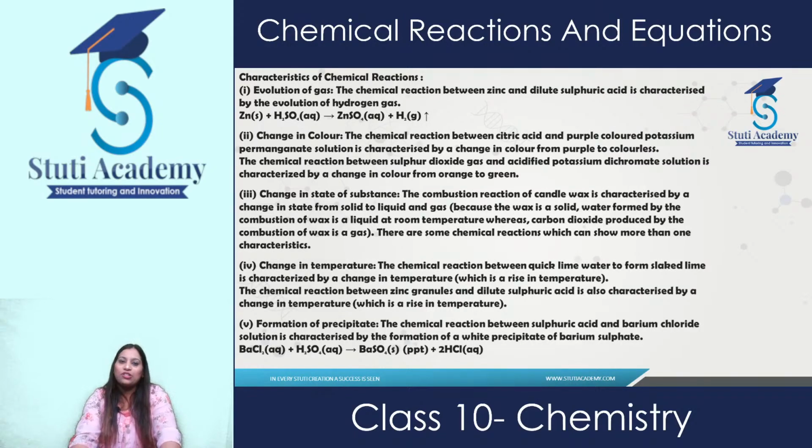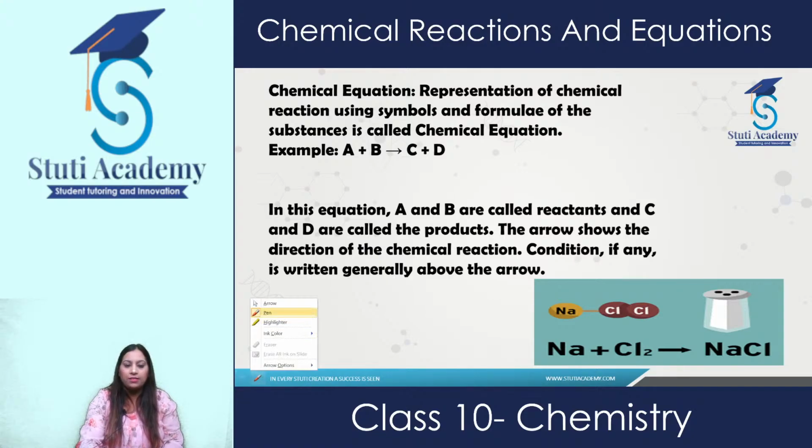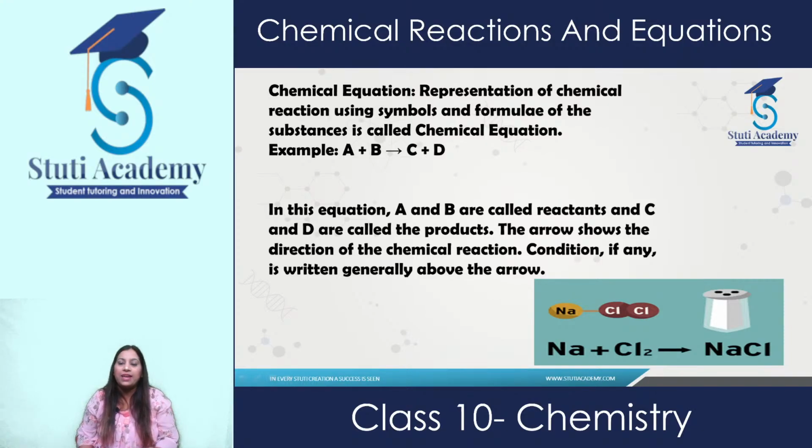So these are the characteristics of chemical reactions. Now, how can we represent a chemical equation? As I told you, when any chemical reaction takes place, we always represent it by symbols. Here I have taken an example of A plus B gives C plus D. But instead of A and B, we generally use their symbols. For example,